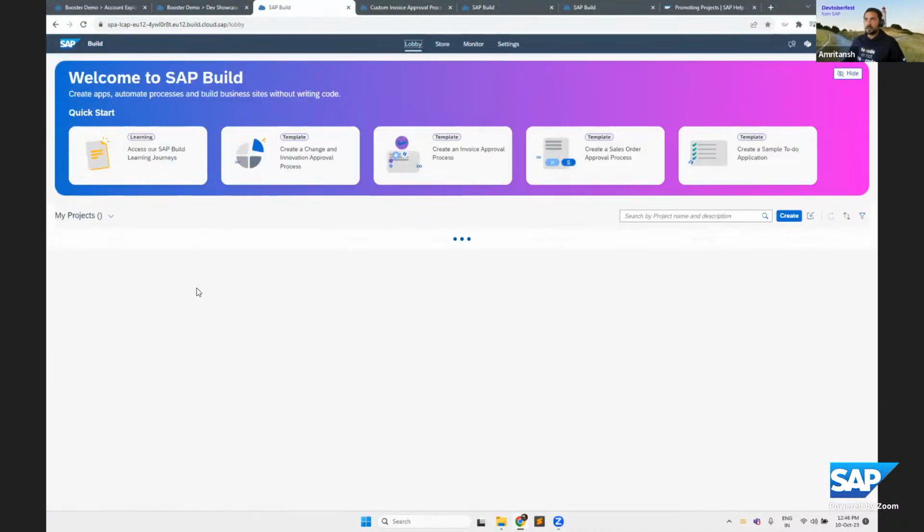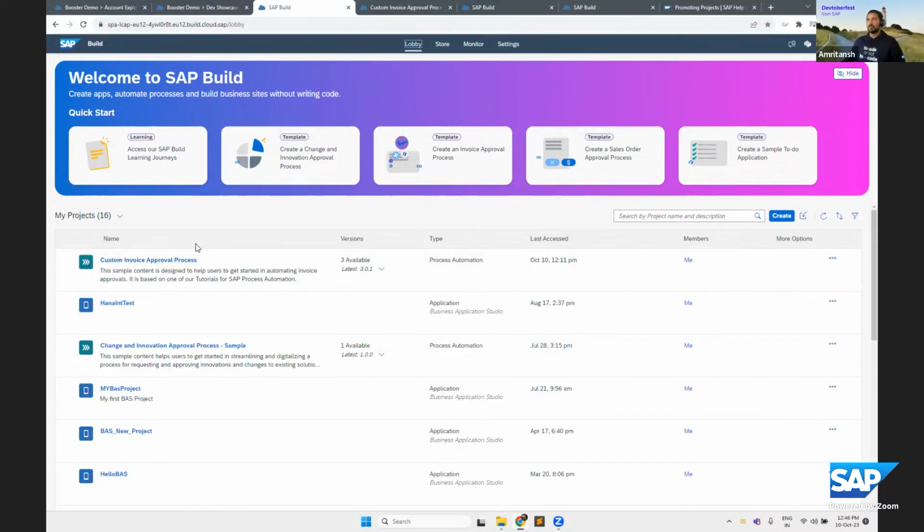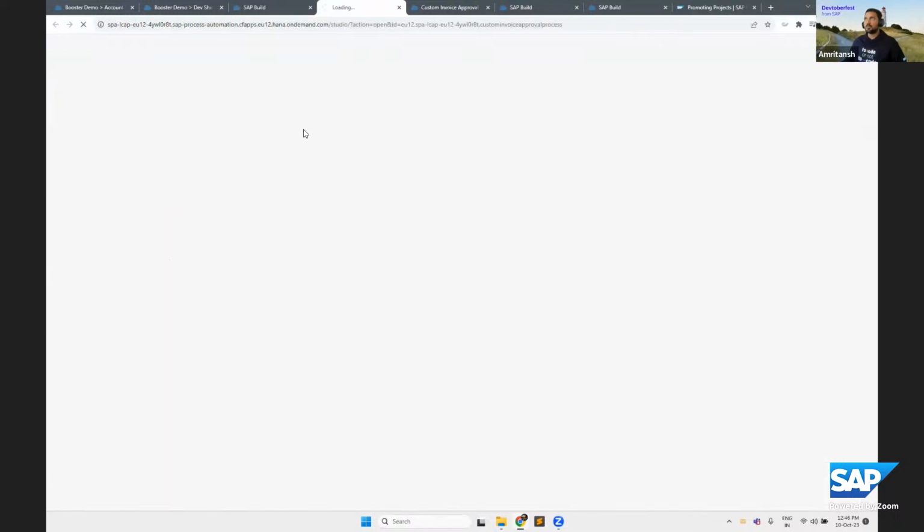After creating the project, I have made certain modifications, which means I have to go through the whole release construct. Right now I'm on version 3.0.1. Let's make a further small change to this process and then deploy it in the dev landscape, to prove that as a developer or citizen developer, I step into the dev tenant, create or modify a process, and test those changes in the dev landscape.